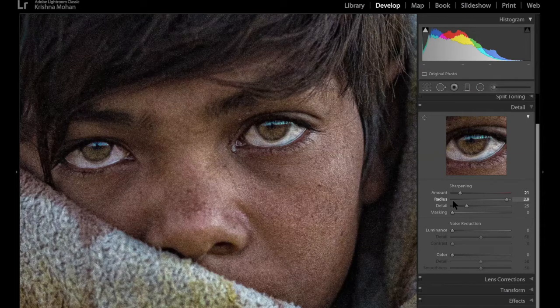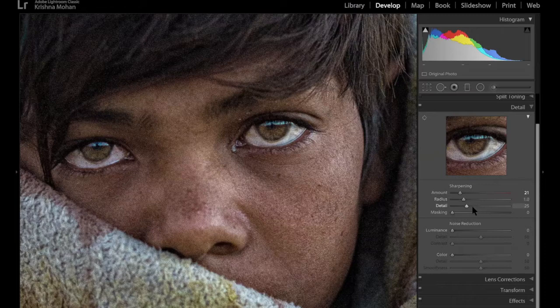If you have a very large picture which has got multiple small pixels, I'm talking about something like the Sony A7R IV, a 61 megapixel picture, stick at 1. Whereas if you have a mobile picture which has got 12 megapixels, you can go for 1.5. By default, I usually keep it at 1 and just forget about it.